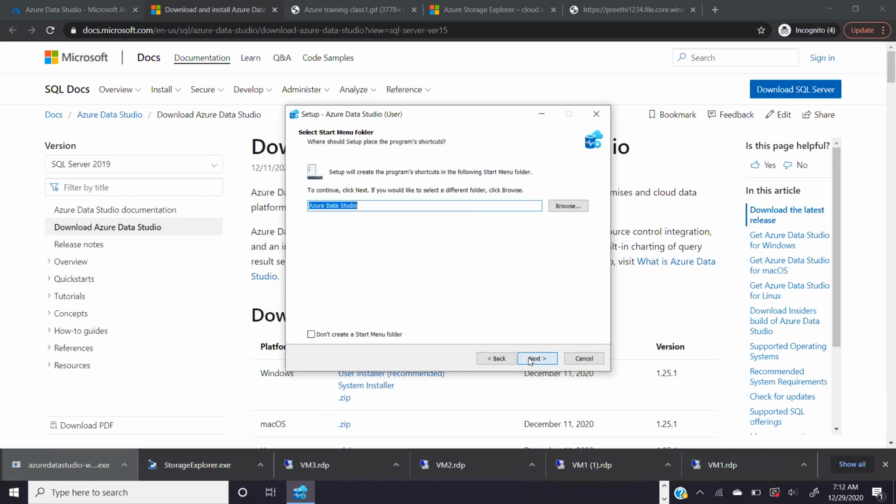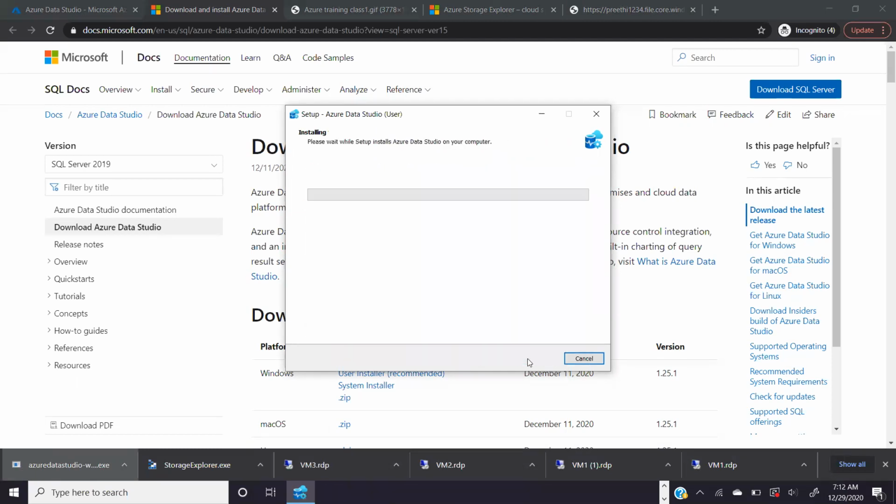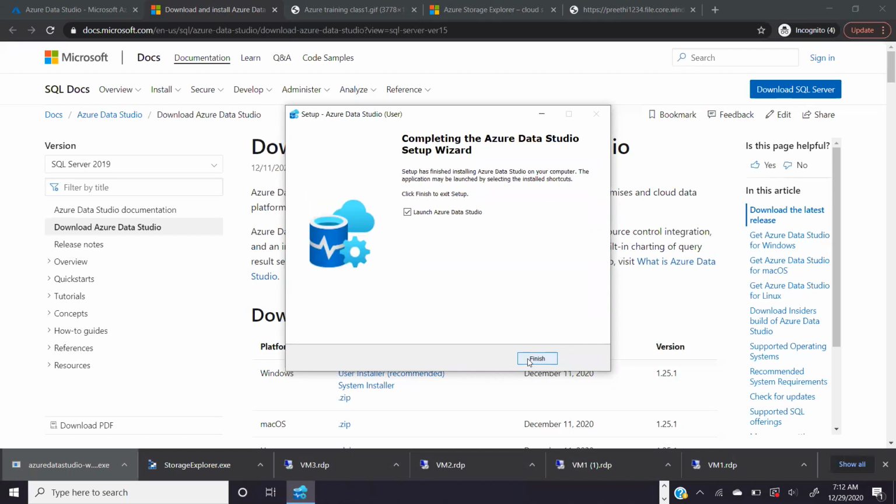Next. Yeah, just say next. Say install. Okay, just click finish. It will launch Data Studio.